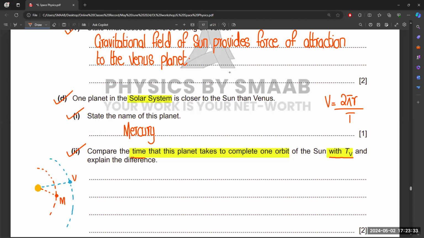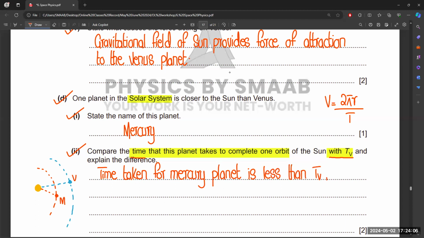So from this formula, you can also relate that the time taken is less than the time taken by Venus, because the length of the circumference